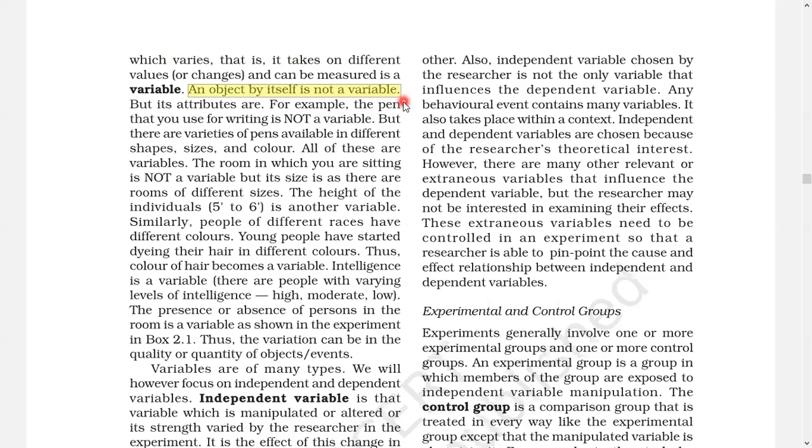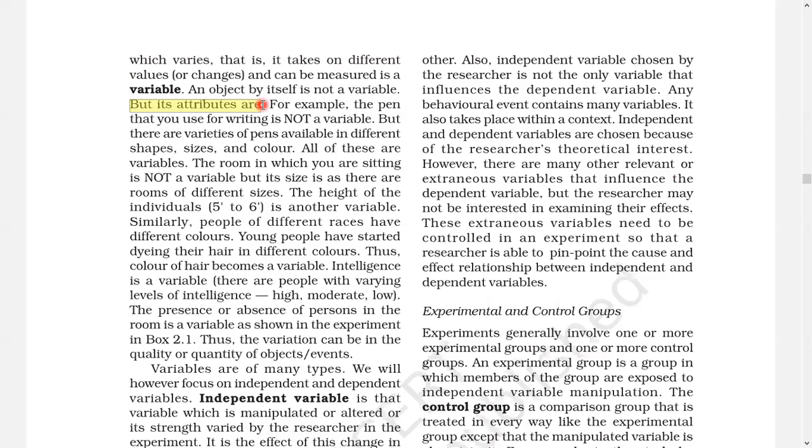An object by itself is not a variable. Smoke itself is not a variable. A human being himself is not a variable. But its attributes are. What is an attribute? An attribute can be a characteristic, a value or a factor associated with it. There can be age values, color values. A human being has ethnicity values, religious values. You can say age in numbers 1, 2, 3, time in hours. The response time can be figured out.